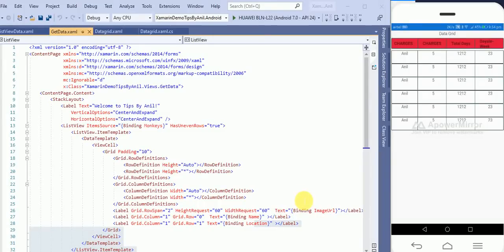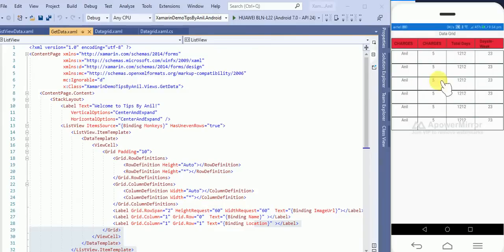In this video, we will learn how we can bind a data grid using Xamarin Forms. In my previous video, I already told you how we can bind a list view using a REST web API, and the data is stored in SQL Server. In the same way, we will bind the data in this format. Here you can see this is a kind of data grid.